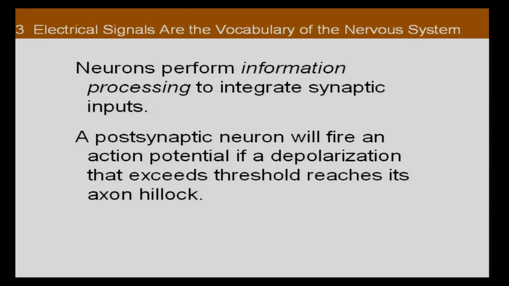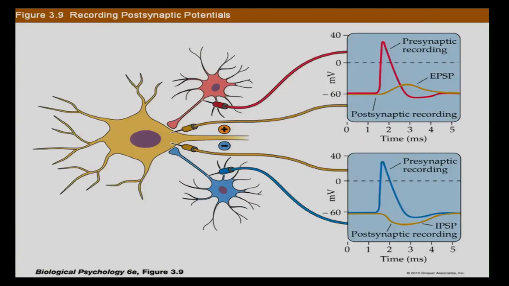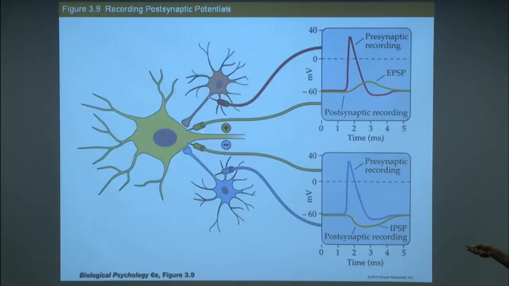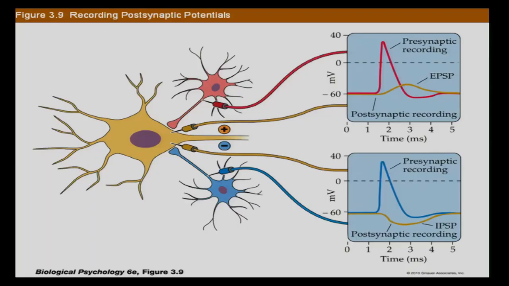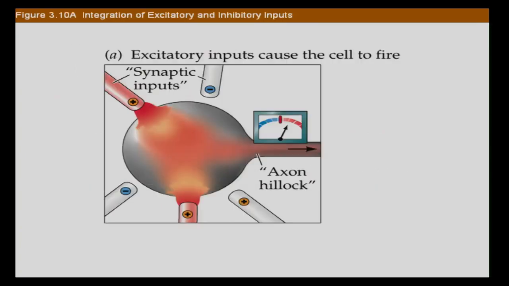Okay, and so that's what I just said. Neurons perform information processing to integrate synaptic inputs. A postsynaptic neuron will fire an action potential if a depolarization that exceeds its threshold reaches its axon hillock. So if this neuron is to fire, we need enough of a depolarization to reach this part of the axon hillock, we need the depolarization to get to threshold. That is the way that this neuron is going to fire an action potential. Okay, so how does that happen? Well,